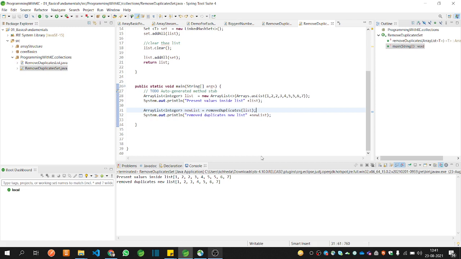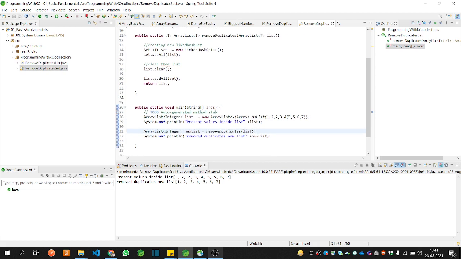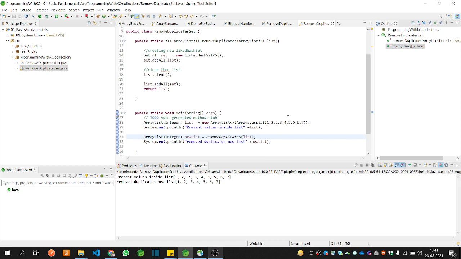So again in this next fresh video we are going to solve this problem using a different approach. We had solved using the Stream API, we had solved by creating the LinkedHashSet, which will automatically remove your duplicates, and now the toughest method is to iterate the elements into the array list and put those elements again, in which we have to write some logic which will remove the duplicates, and we are going to print that list again.